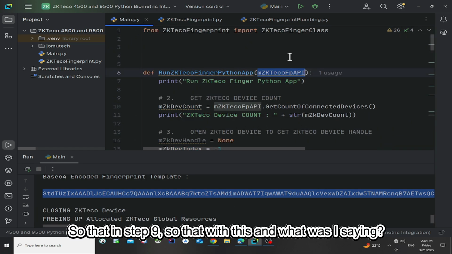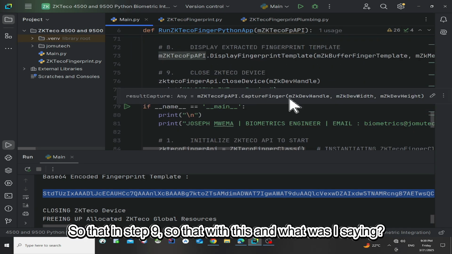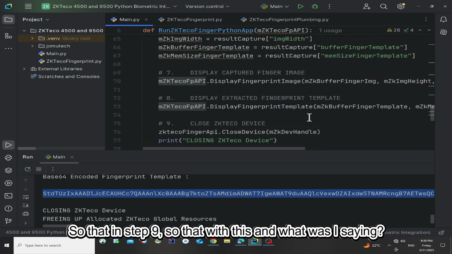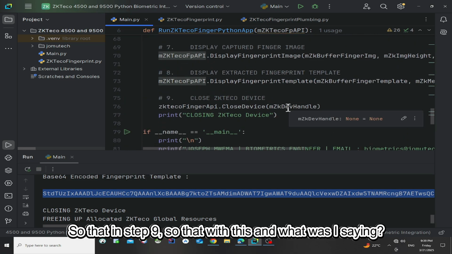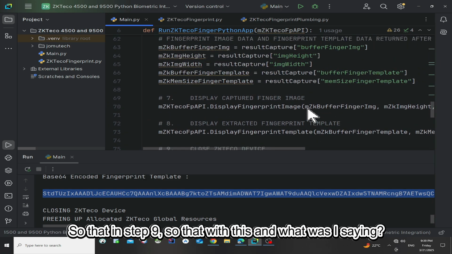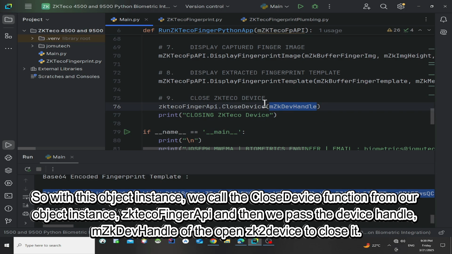so that in step 9, with this object instance, we call the close device function from our object instance, and then we pass the device handle of the opened ZK device to close it.